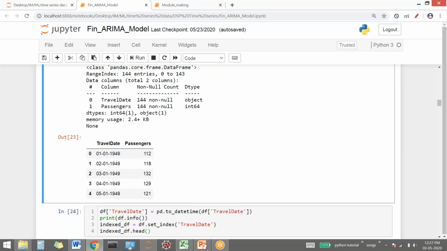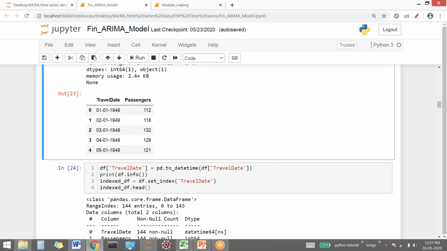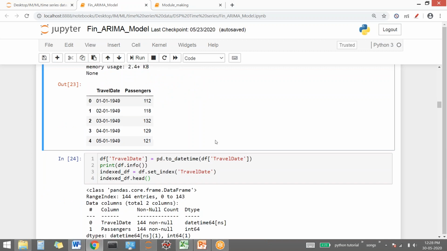See, we need to have our date column as our index. Very first was to have a datetime column. Second is, as we just saw, the travel date is an object column. The data is non-null; if there were nulls we would have removed them, or we have a concept of backward fill and forward fill, which I'll tell you as well. But we generally drop null values in time series. Okay. Now this is our data. We have the information: object, integer, 144 non-null records.